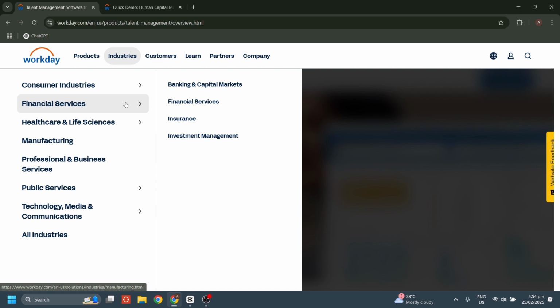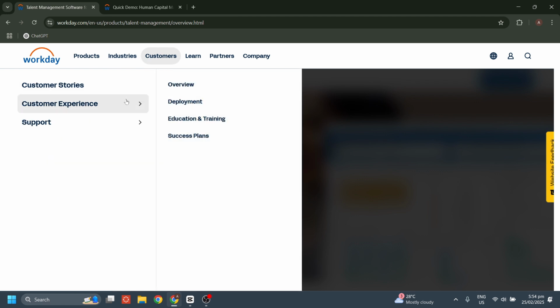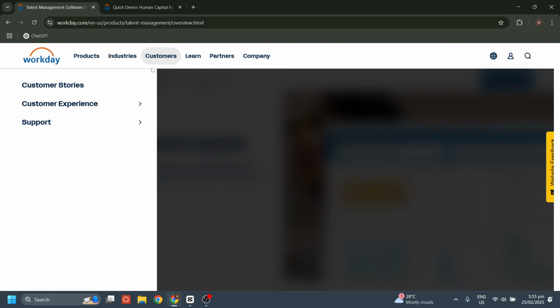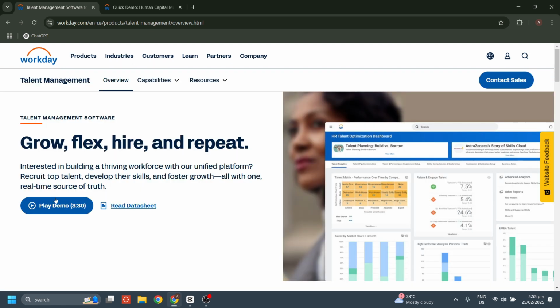Now, Workday HCM is fully accessible via mobile devices, allowing employees and managers to check payslips, request leave, and update information on the go, approve expenses and time off requests from anywhere, and it can integrate with third-party apps like Microsoft Teams and Slack. Now to get started, you click on the demo button in the homepage, and then it